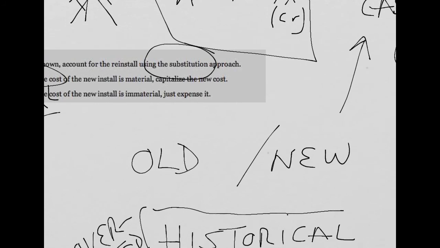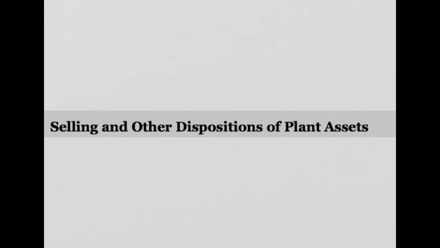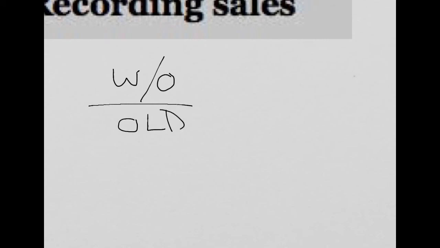And this idea, by the way, to add to your euphoria, is exactly what we do when we sell an asset. When we sell an asset, we must get rid of the old. So we write off the old, put in the new,